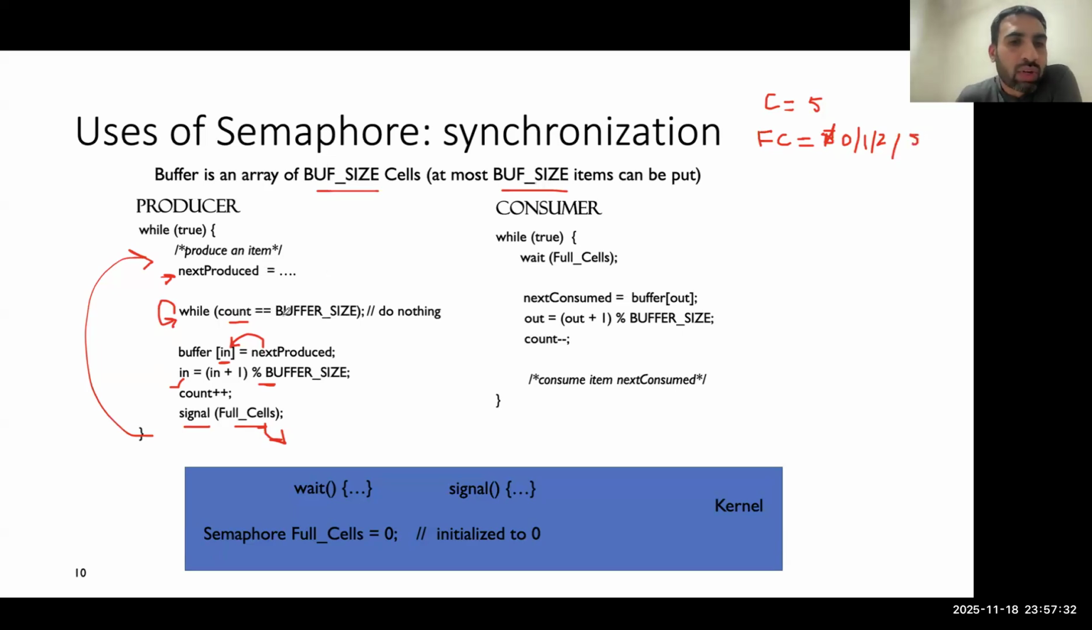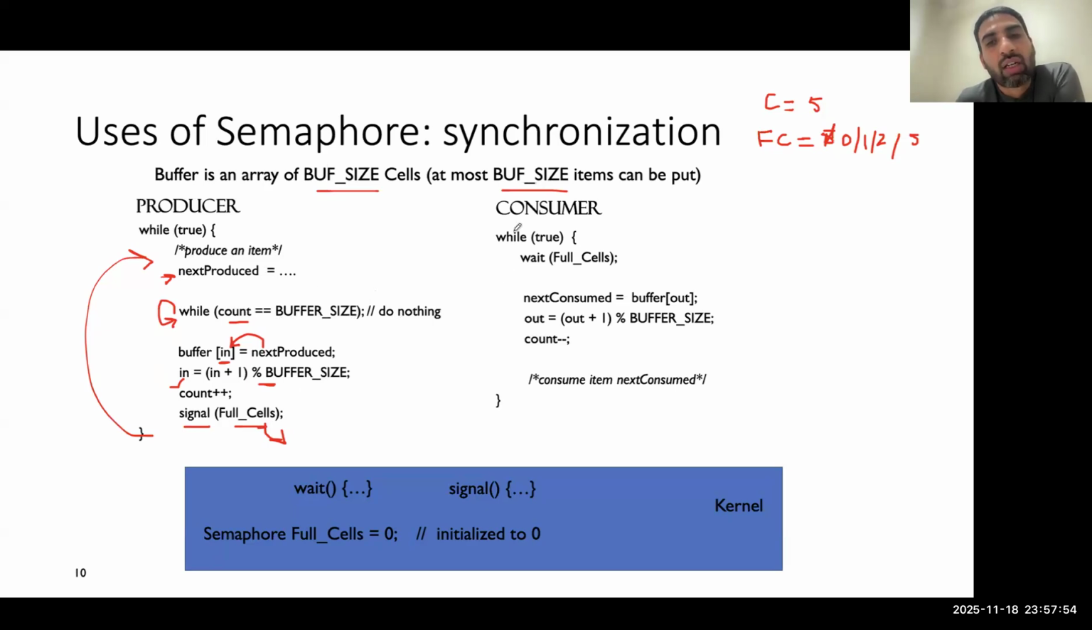So once your count is equal to buffer size, since the consumer is not yet running and not scheduled for execution, count will stay the same, which means it will stay at 5 unless the consumer starts executing and decrements it, right? So the producer will not be able to place any more items